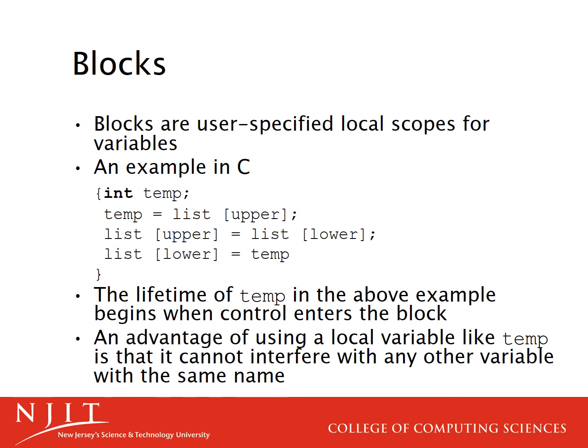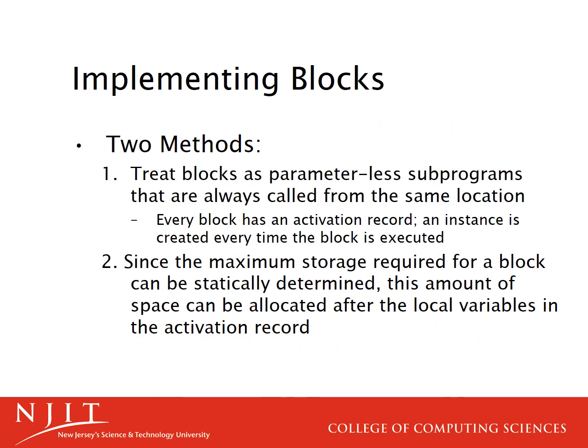A couple more things to talk about to sort of close this out, right? Blocks, curly brace enclosed lists of code, are in essence their own scope, right? And because they're their own scope, you can declare a variable, and that variable exists only within the lifetime of the curly braces there, right? So that temp only exists inside that block of code. How's this actually implemented? Well, you could, if you wanted to, have each block